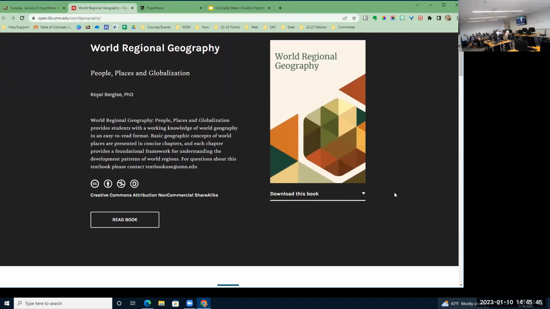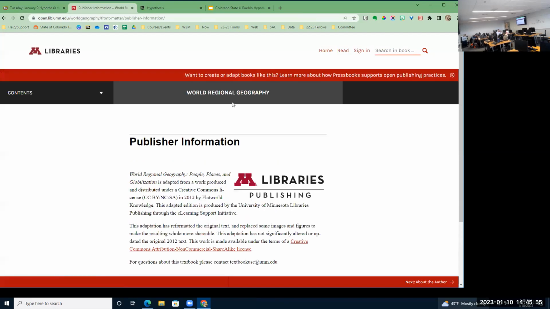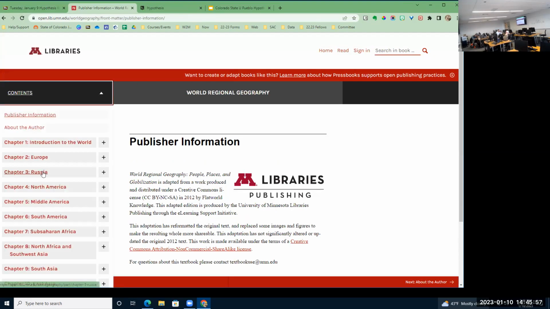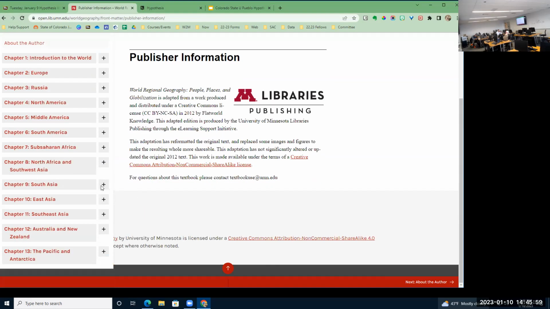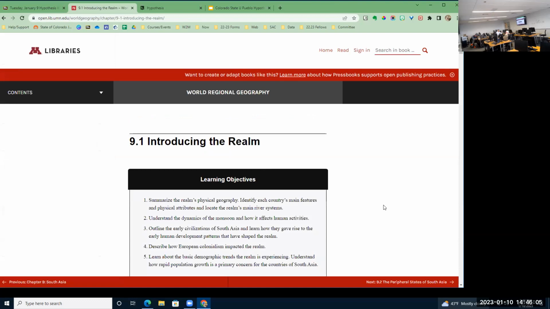And you can download this textbook as a print PDF. I won't do that now, but I keep a copy of that, and then I go to the particular chapters. So it's set up like this. Let's go ahead and go to South Asia. It has a whole bunch about South Asia, but I'll usually just go to the introducing the realm section